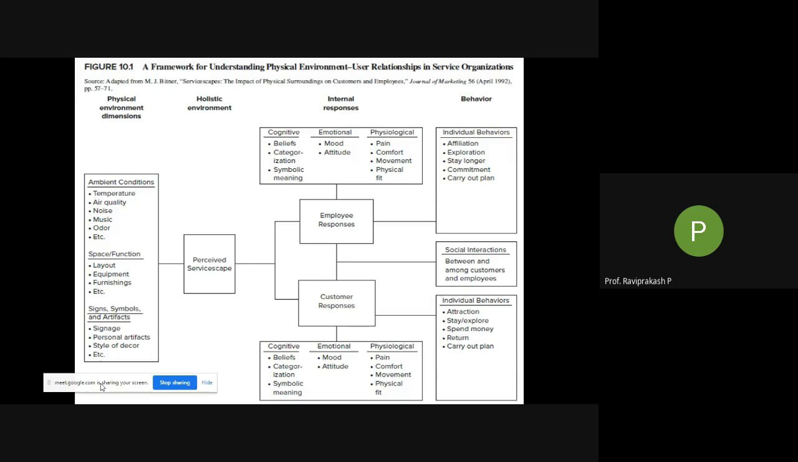Next, moving to the internal responses. So what are internal responses? Internal responses, we have three types: cognitive, emotional, and physiological. So cognitive, what are cognitive things? So this is cognitive